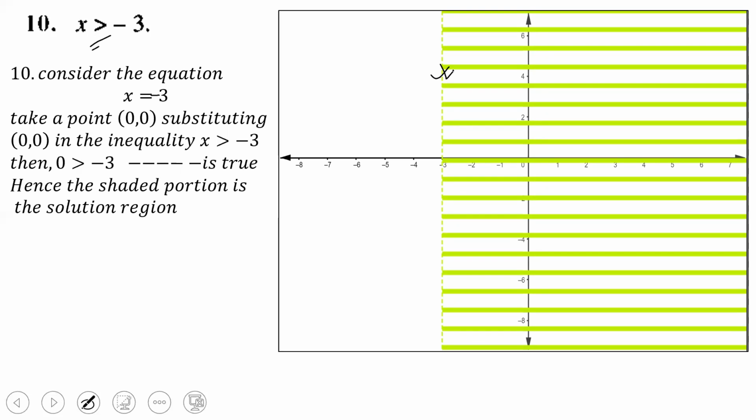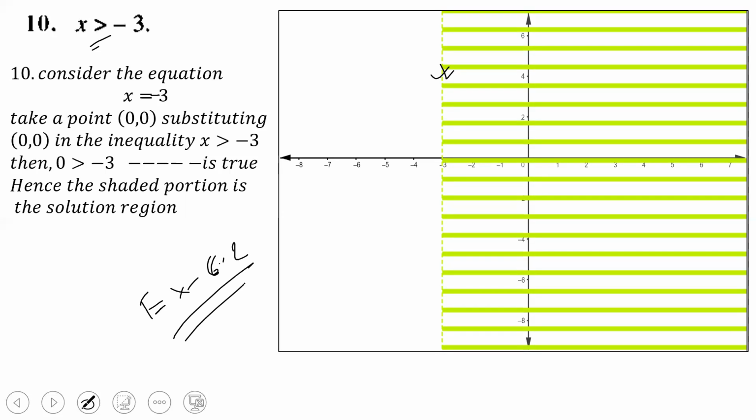Okay, so solve all the questions in this exercise 6.2. Similar types of questions are there. Solve them and find the region. In today's class, I will not talk about the shorter method. In the next class, when you need to solve a system of linear inequalities, at that time I will describe the shorter method to find the region.